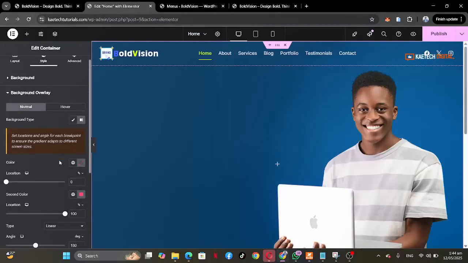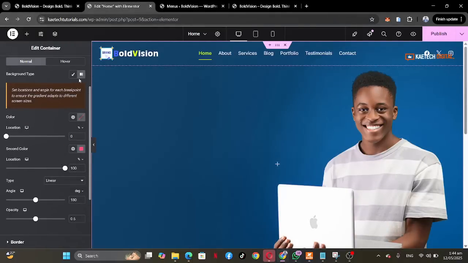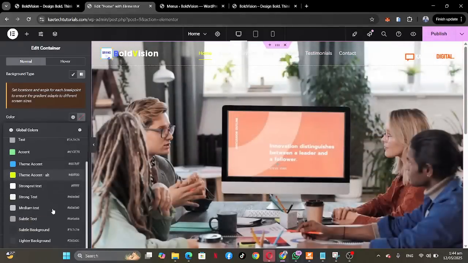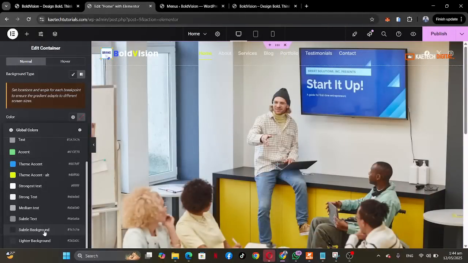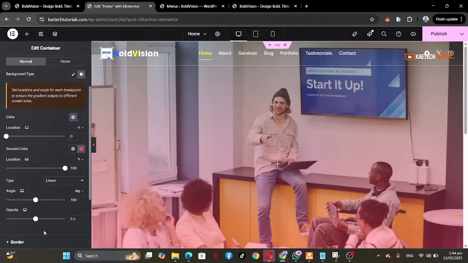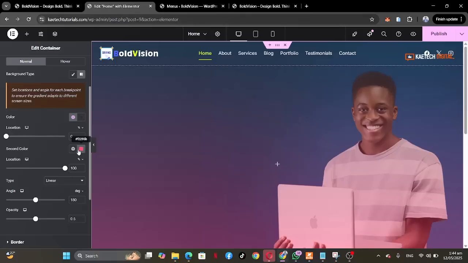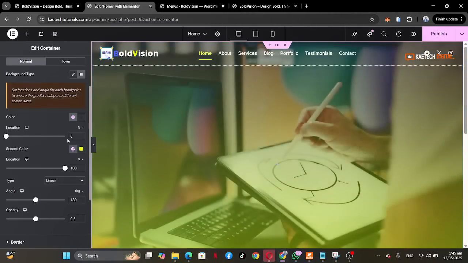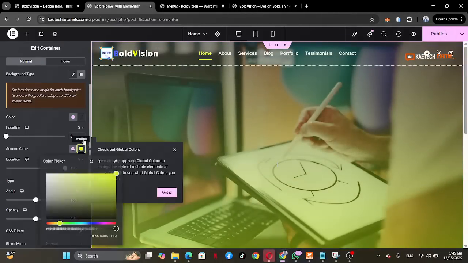So I'm just going to select the gradient. So choose the gradient and choose the colors that you want to use for the gradient. So I'm going to choose my colors. As you can see, the colors that we picked in the theme customizer are still having effect over here. And with this one, I can either choose this one, and then I'll just